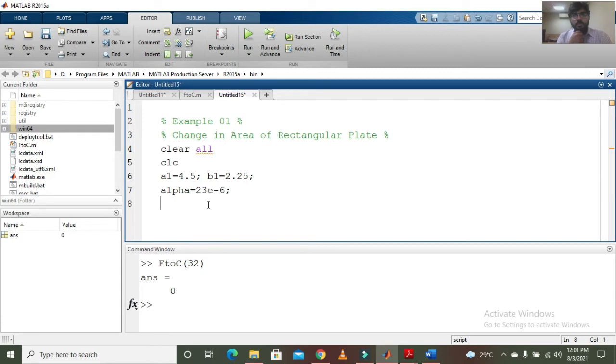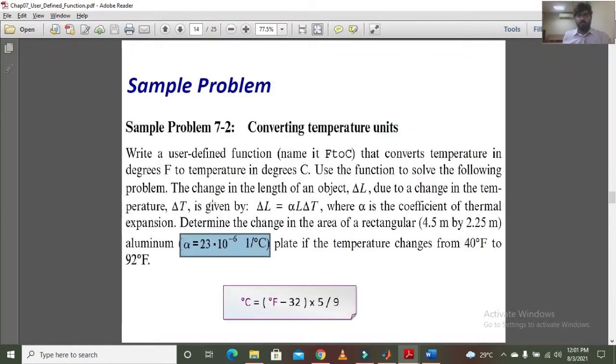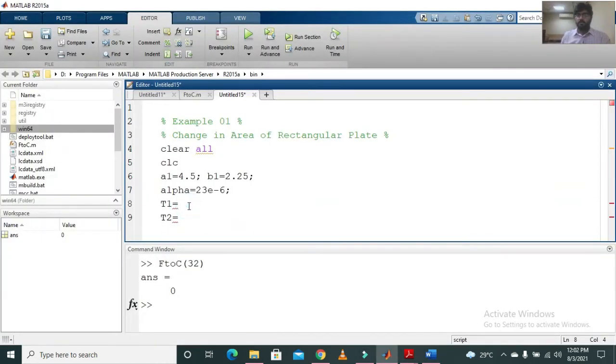Next, we had the initial temperature of the plate, which was 40 degrees Fahrenheit, and the final temperature of the plate, which was 92 degrees Fahrenheit. So I'm entering 40 and I'm entering 92.